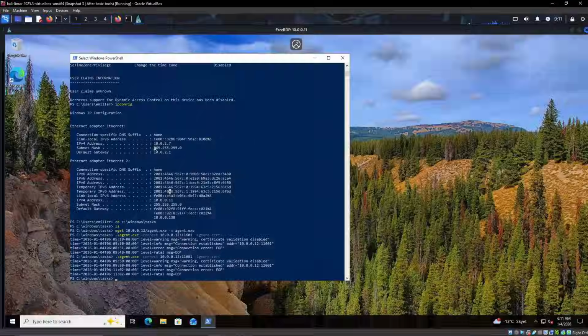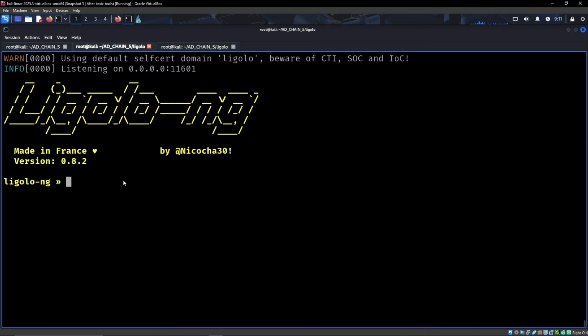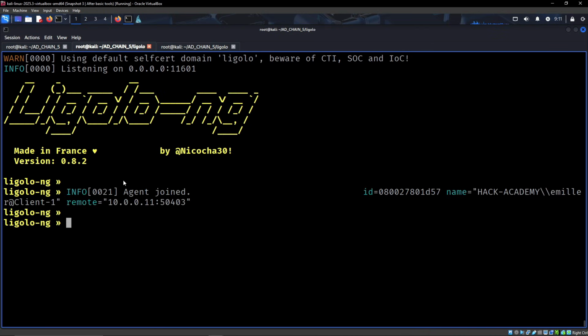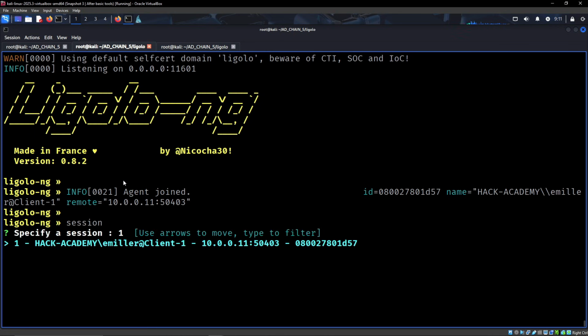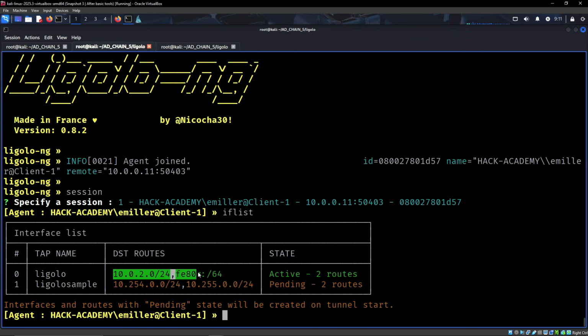Then we can connect already back to our connect-back IP and then the port 11601, and then we want to ignore cert as well. We do that. We now will get an agent. There we go. Then we run session. Then we specify session 1. And we already have this interface main. But yeah, after you essentially specify session,